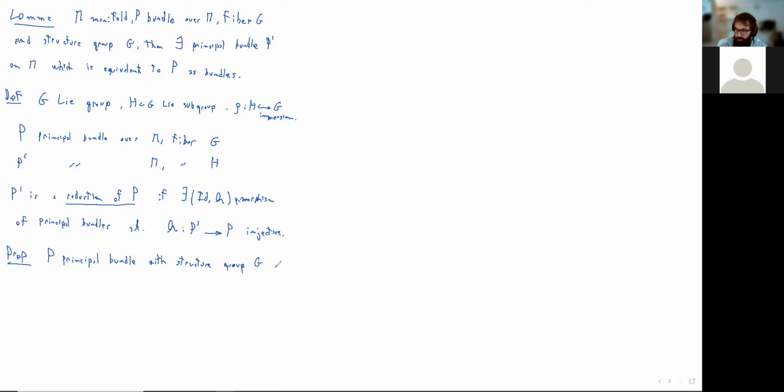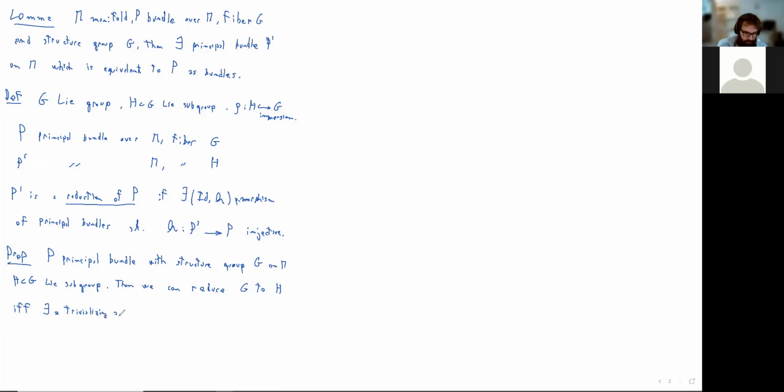So we take our favorite principal bundle, we take a subgroup, a Lie subgroup, and then we can reduce G to H if and only if, written usually with this double arrow, there exists